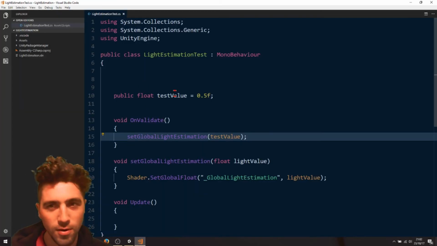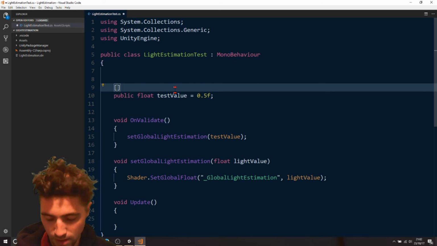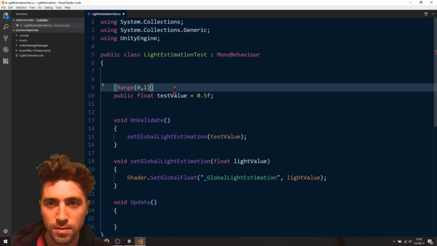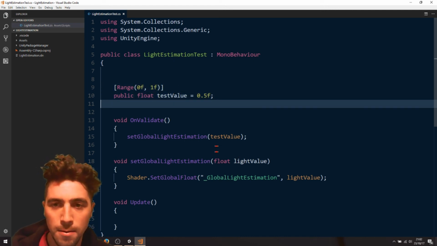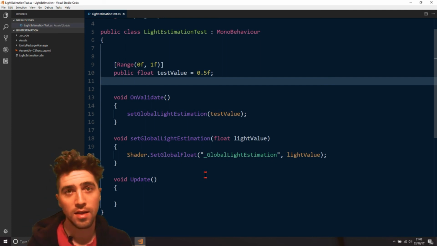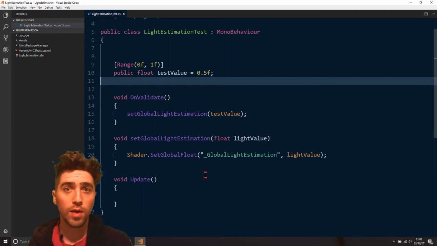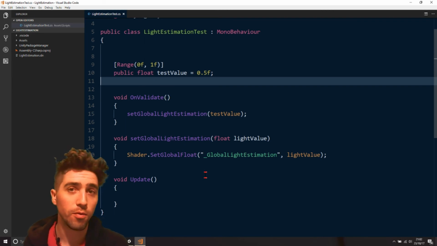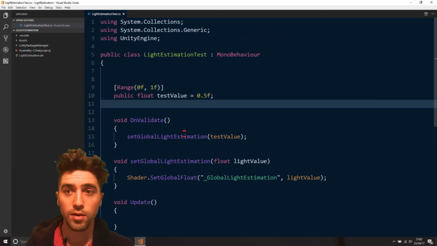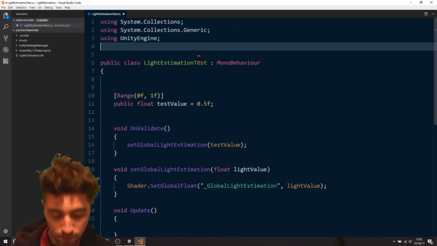If we want to be professional, we can quickly add a little attribute here. We go Range(0, 1). Oh, that should really be an F. Okay, and now I suppose we can take it to the next step, which is how ARCore reads the values from the pixel data. So how do we do it in real time? How we do that, we just go using